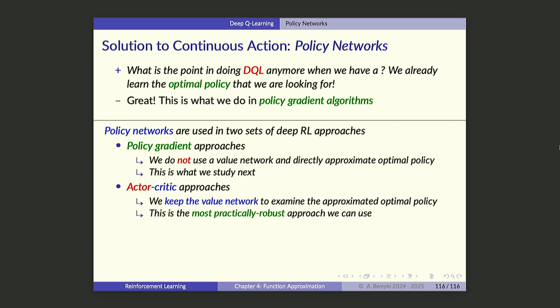So that's the whole plan for the rest of it. Policy gradient is the next topic we're going to talk about in the next chapter. And after that, we're going to talk about actor-critic to just complete the whole puzzle. And then you have the complete network, which is just looking at the data and trying to learn the optimal policy. Any questions on that? So my estimate was not that bad, right?